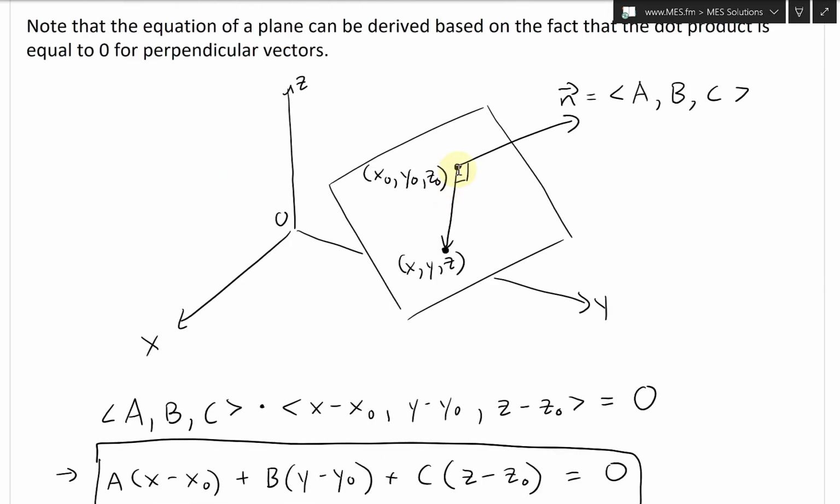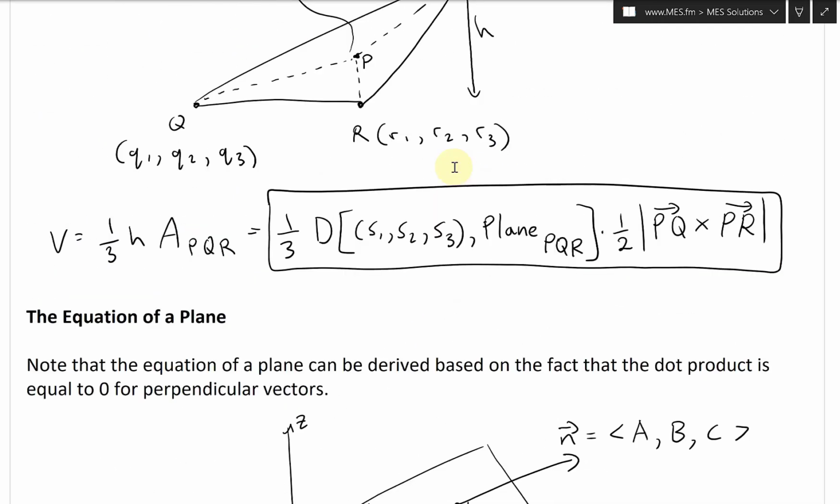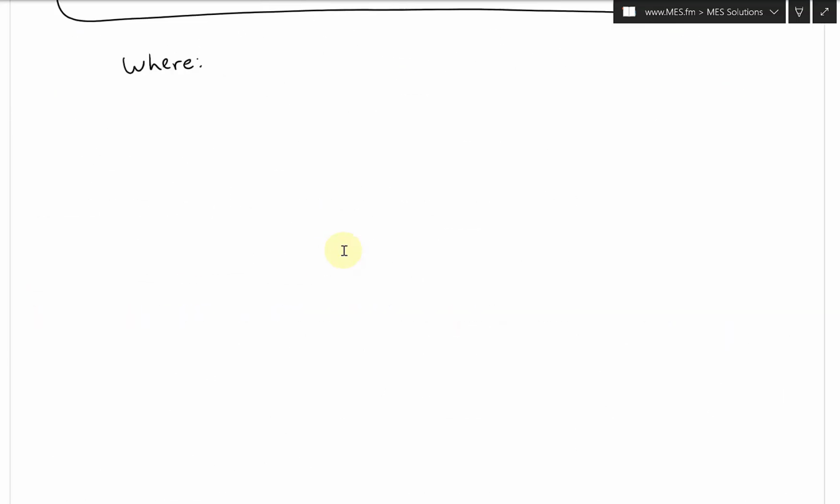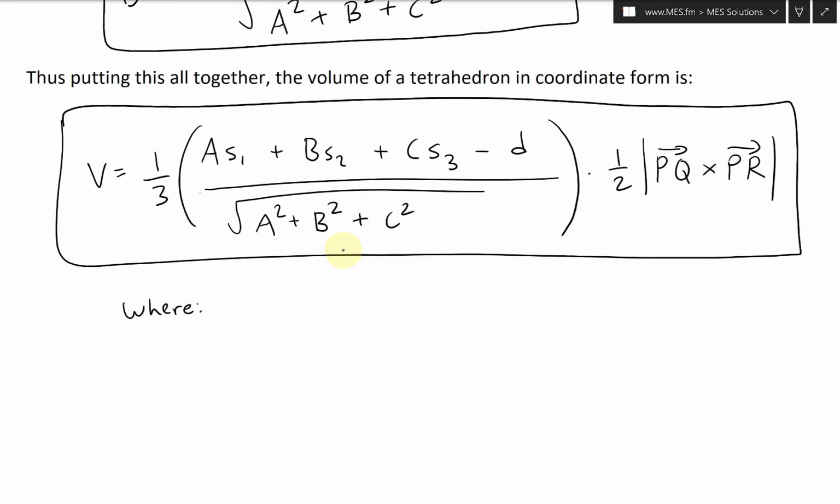Because remember this equation right here, perpendicular to the plane. In other words, if we go back up here, we have a perpendicular plane right there. That's our N. There's our PQ, PR. So in other words, it's a cross product. So this is going to be where PQ cross PR is a vector, equals just the vector A, B,